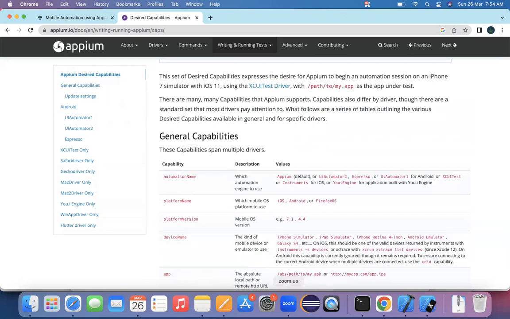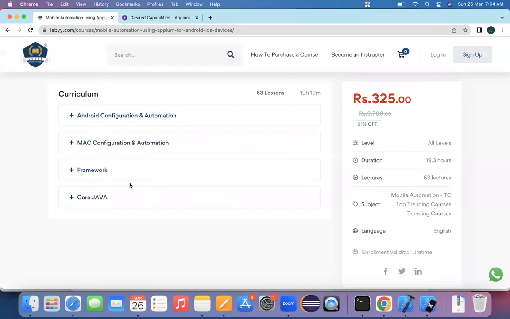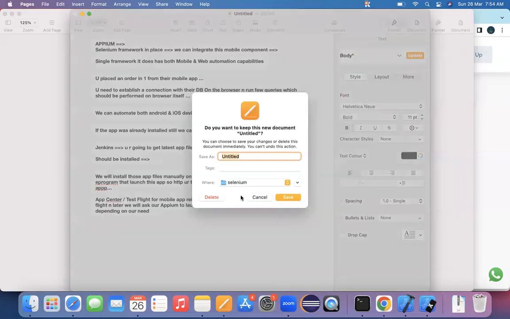Done the deal. So this is all about a brief intro on the importance of mobile testing, what are all the features that we are getting with this particular Appium tool, and how are we going to establish the session. And later, the next and most important point that we are going to study here is what are all the topics we are going to study as part of this training program. Here, this whole training program, we split it into two parts. One is the Android automation and the second is iOS automation.